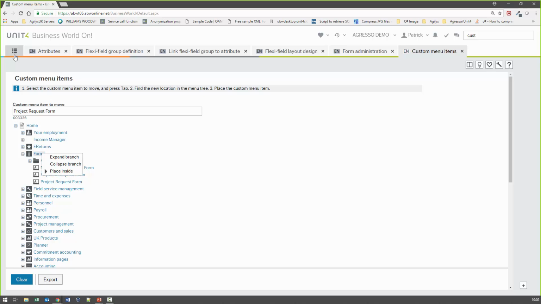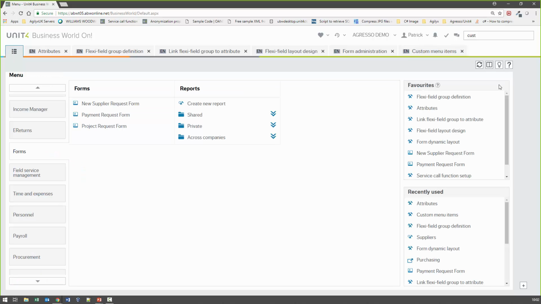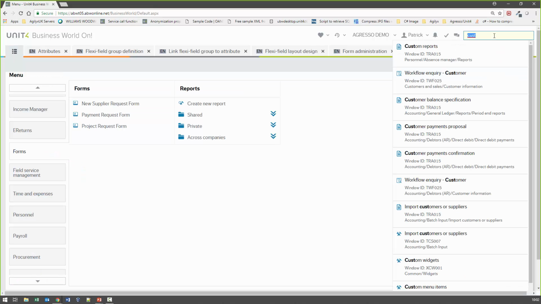So at that point, you've got your attributes, you've got your FlexField, you've done your layout, you've done the form administration, you've moved it into your new menu item. The next stage would be giving menu access to users. And again, it's a new menu item, so by default, nobody has access to it, even super users or system users. So if we go to menu access,